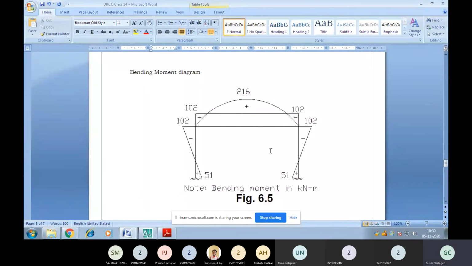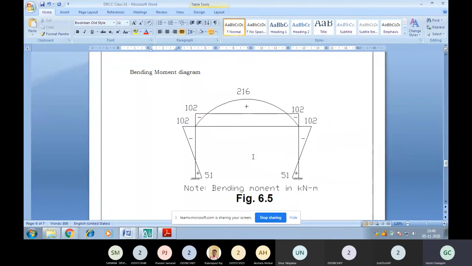We can see the diagram is drawn like this. The bending moment diagram, we can clearly see. At joint A, it is plus. We are going to draw the bending moment diagram. You already know, we have drawn it in previous classes, and you learnt it in your junior classes. After analyzing by using moment distribution, we are going to draw the bending moment diagram here.